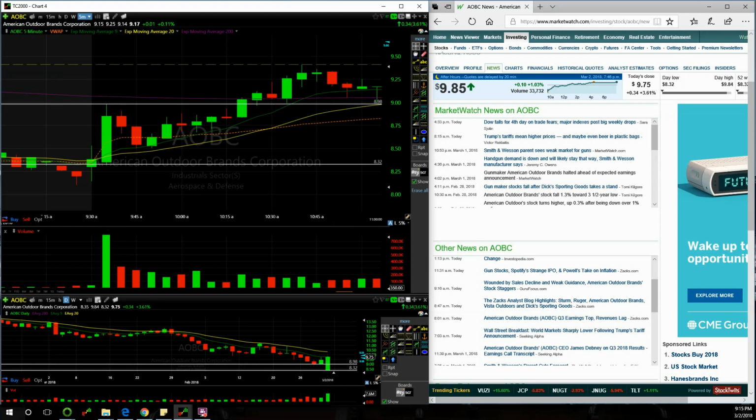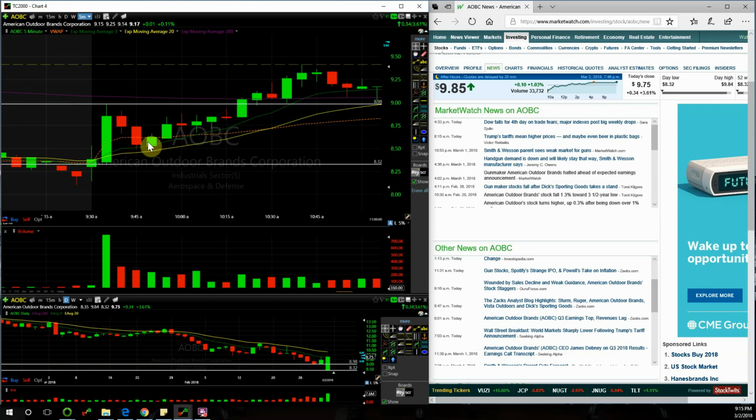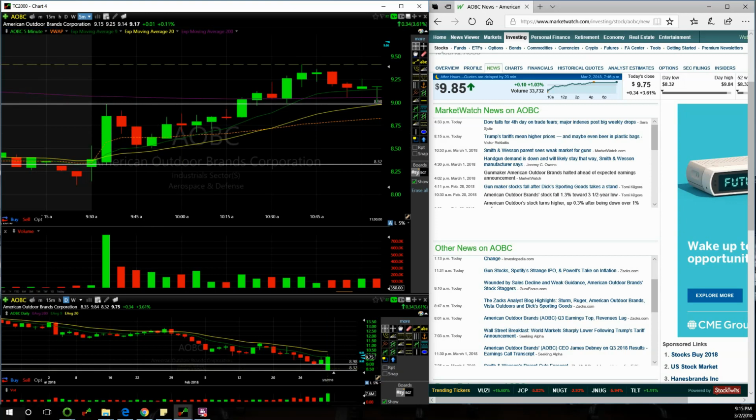Then we have the first pullback candle, right? It pulls back less than 50% of the move, from a high of 8.98 to 8.66, still well above the moving averages and the VWAP. Then we have a second pullback candle. The second pullback candle reaches the 8.51 level, so over 50% of the breakout. I've been analyzing